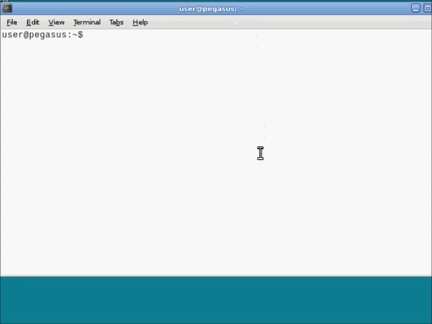So here I am logged into my Debian Linux machine, and we're going to insert the Grid Insight AMRUSB-1 utility meter data receiver, and I will show you how it will appear in the system so you can make sure that your